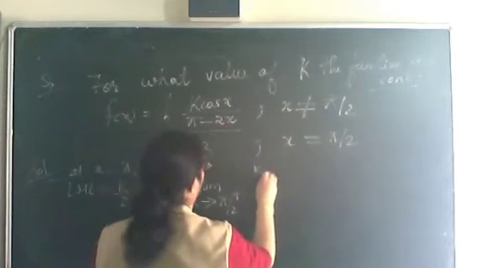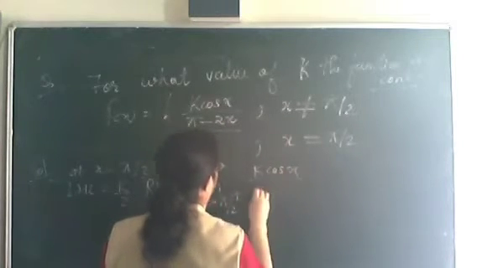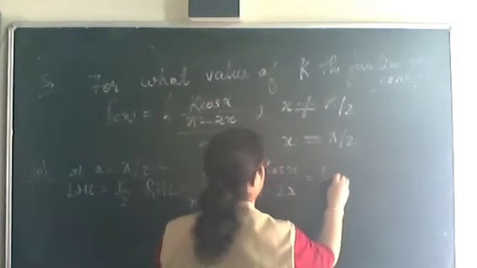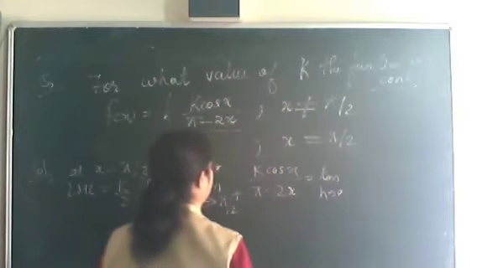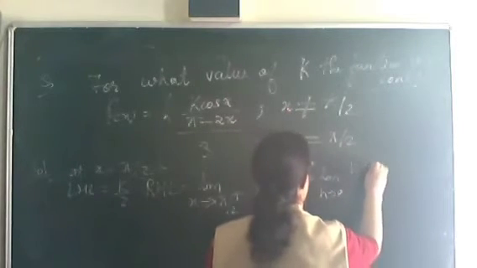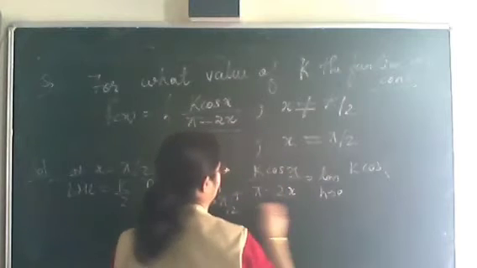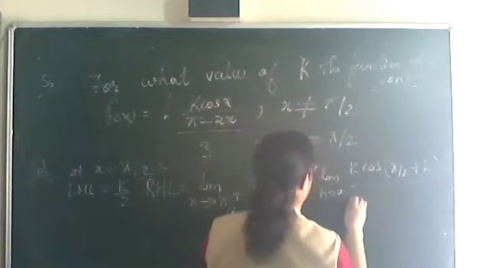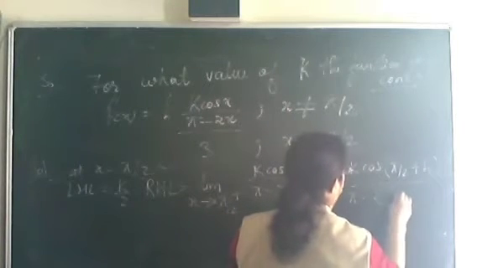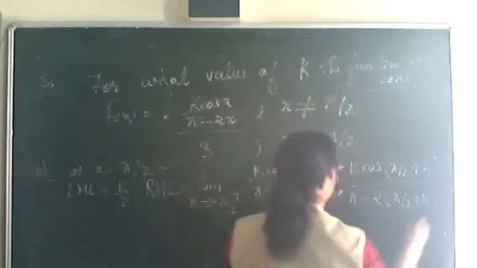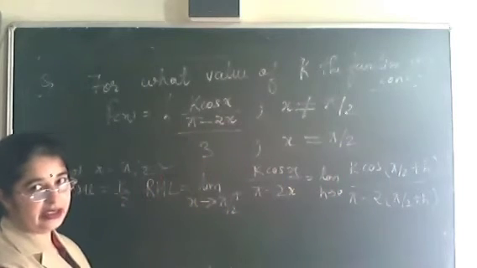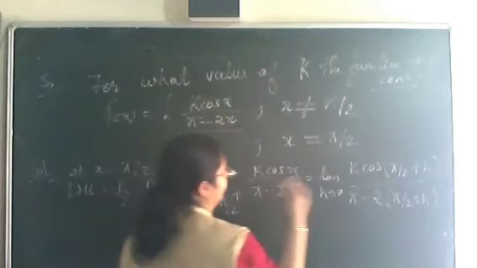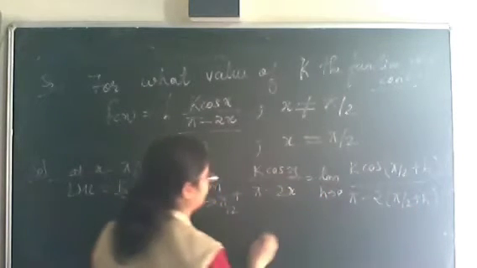Now again the function is what? K cos x upon pi minus 2x. Now limit h tending to 0, we will change the limit h tending to 0, k times cos, here what will we put x as? Pi by 2 plus h upon pi minus 2 times pi by 2 plus h. As we did in the last LHL, what are we changing? We are changing the value of x. There we had taken pi by 2 minus h. Here we are taking pi by 2 plus h as the value of x.